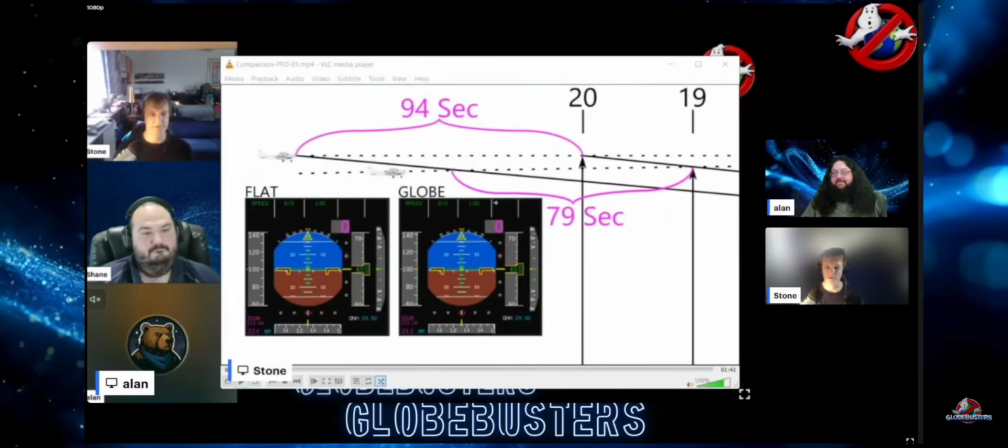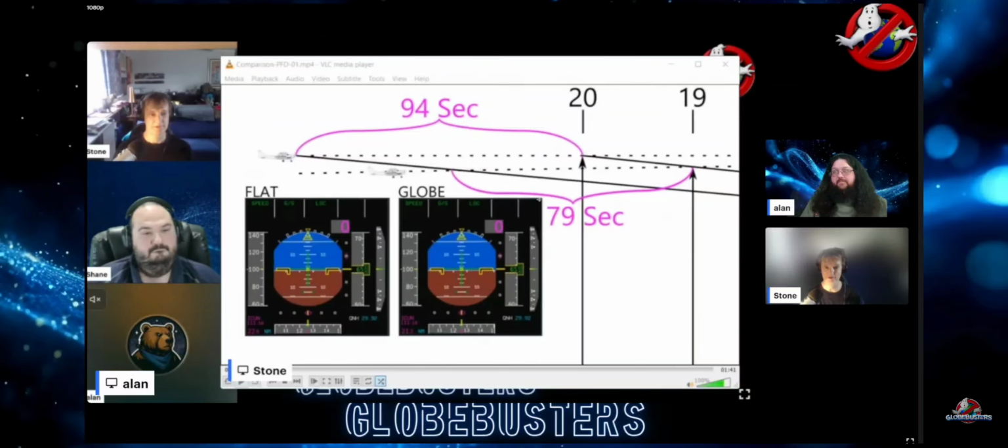Where are we in physical space relative to the tower when we hit that thing? And that is a function of altitude. If there is globe drop-off, there's a 318-foot difference between the altitudes of these two planes. And if the lower one is flying according to globe geometry and the top one is flying according to flat geometry, like you see here, then their intercept points of that 3-degree angle will necessarily be at two different physical points in space because of the altimeter reading being the same for both.